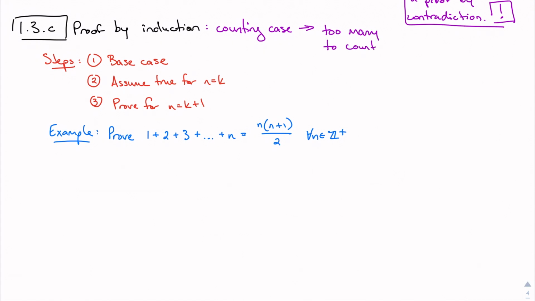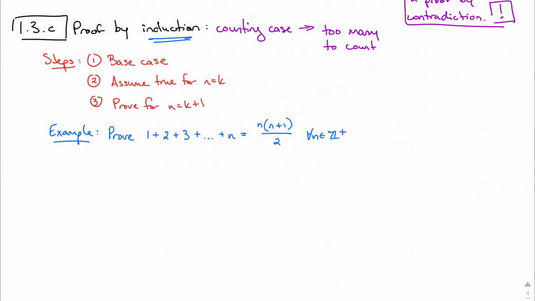Right, if I have just a finite number of cases, like maybe there are 5 cases, I can just check every single one. But here, it wouldn't really be possible to check, say, all of the natural numbers, right? There are infinitely many of them. I could just count them. I can't count them up and be done at some point. So the other thing we run into with induction